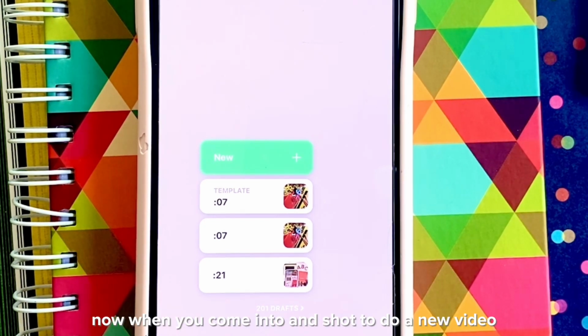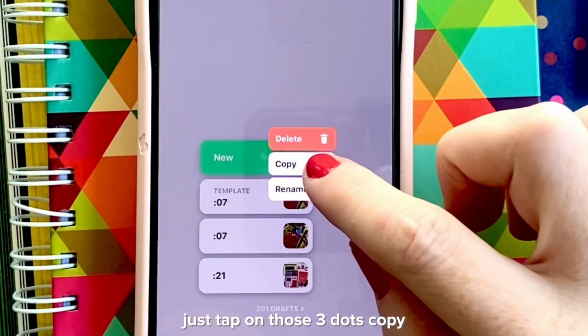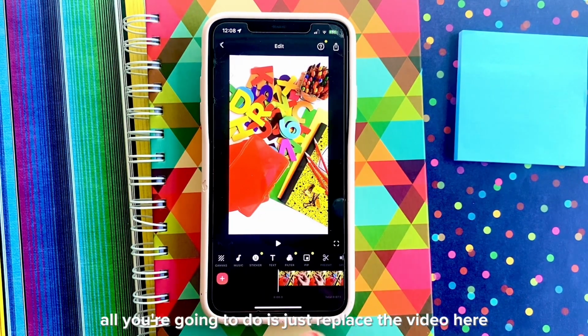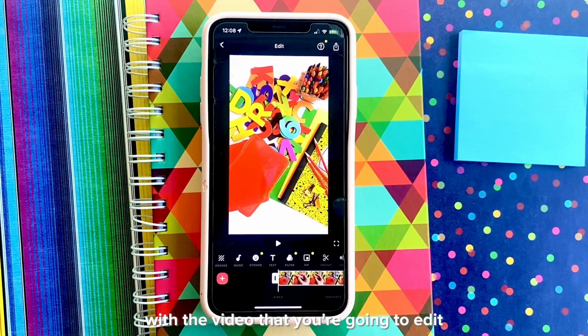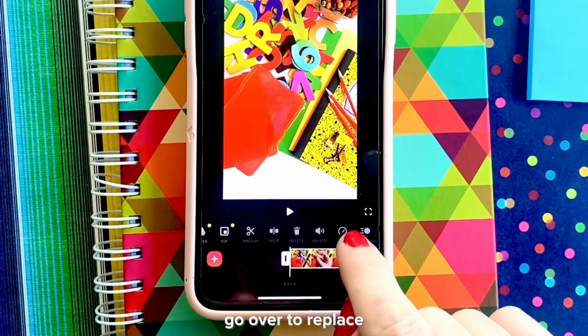Now when you come into InShot to do a new video, just tap on those 3 dots, copy, and here is what you can use. All you're going to do is just replace the video here with the video that you're going to edit. So I'm going to tap here, go over to replace,